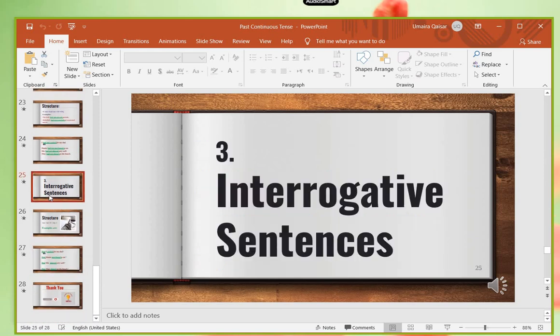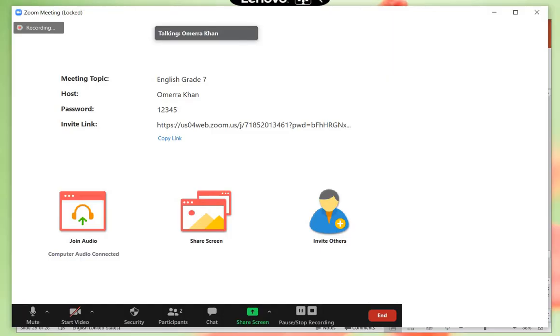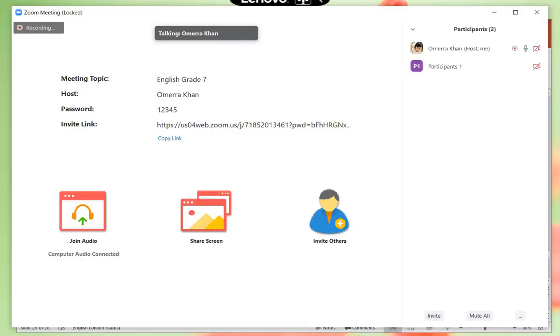So you will start with that, and you will end your presentation by stop sharing. You can see at the top there is stop share, so you will click that and your screen is now not being shared with the participants. You have done your lecture. Now it's time for the students to tell you what they have learned and what problems they are facing. So they will discuss it with you with the help of audio conversation or video conversation. It's up to you.